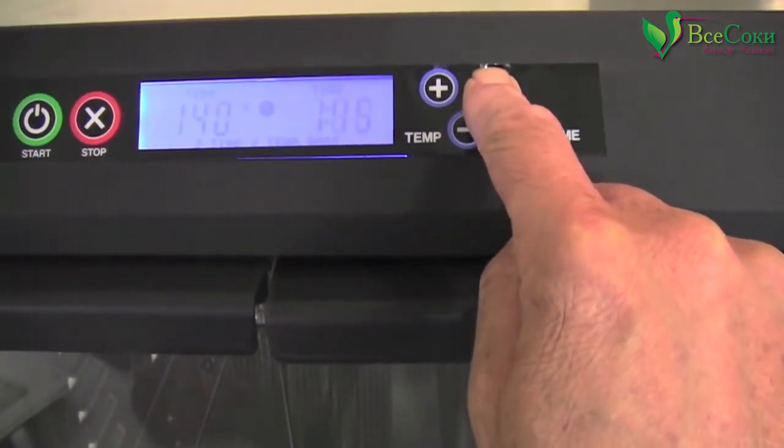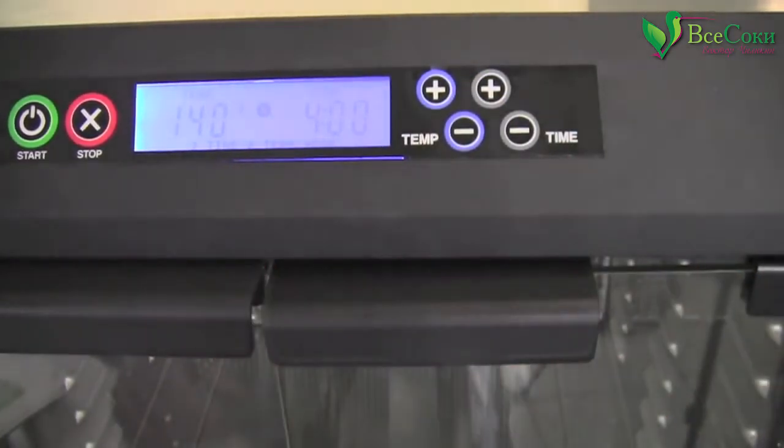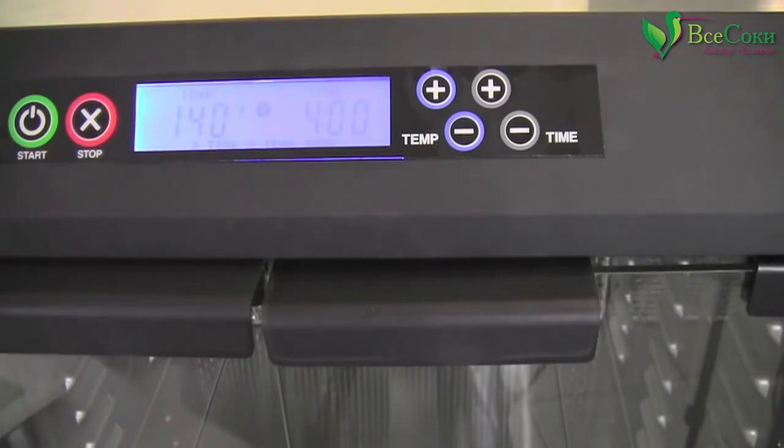We're going to go ahead and put the time up to, for me, I would like to do about 4 hours at 140. So say, for example, you're dehydrating tomatoes. Tomatoes are super juicy, have a lot of water content. You're going to go ahead and put them in there, and if you're dehydrating them at 110, just to evaporate all the moisture that's in that tomato is going to take a long time. But if you crank it up to like 140 degrees, for example, that's like 30 degrees more,